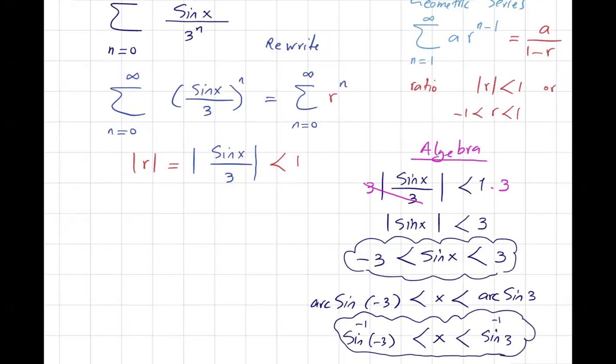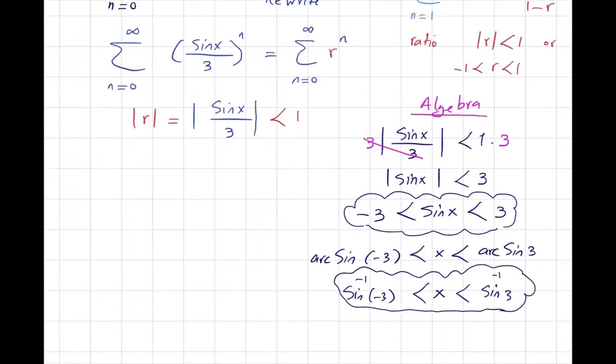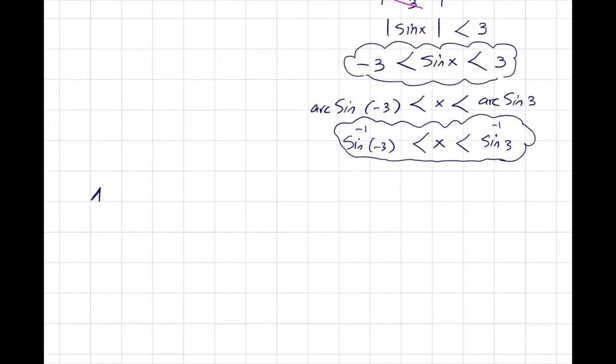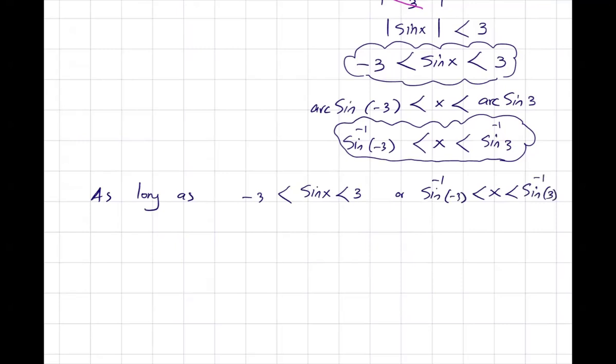So this is what you're going to write. As long as sine x is bounded between -3 and 3, or x is bounded between inverse sine of -3 and inverse sine of 3,